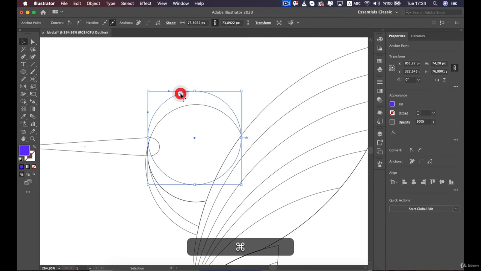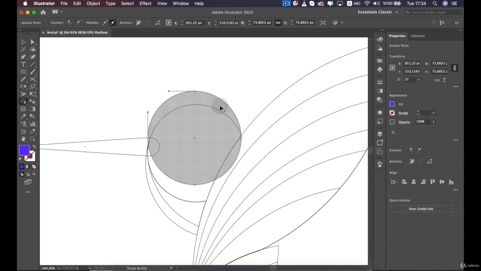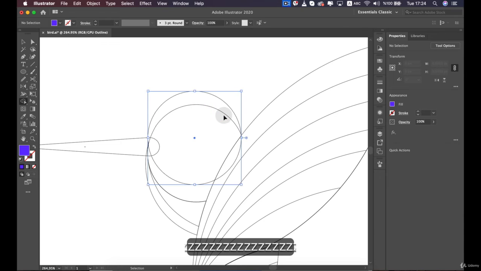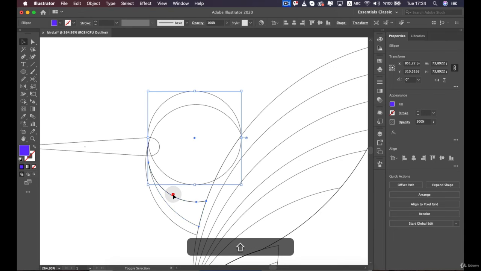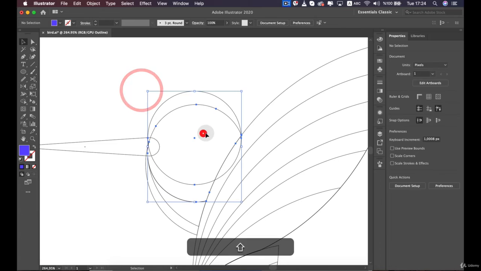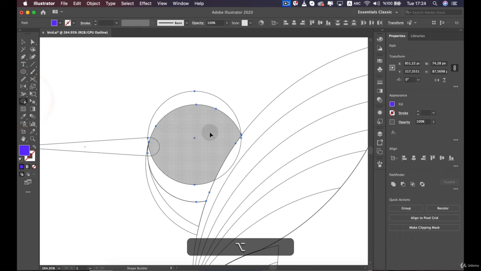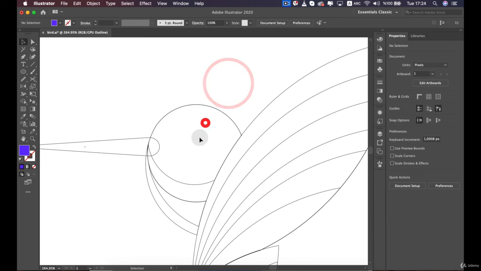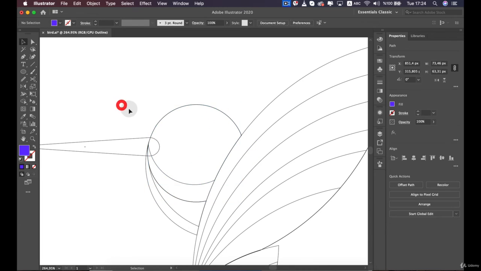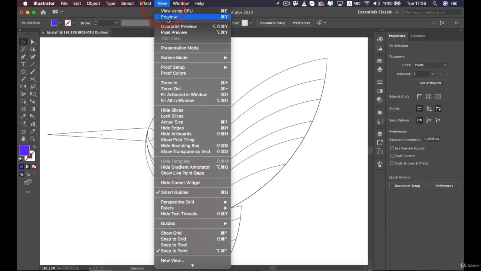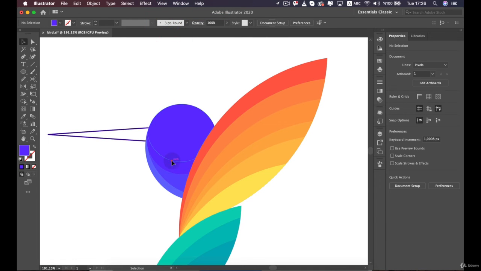Then we are going to select both of this new circle and the one in the background. Oh, sorry, I didn't select all of them. Make sure that you select the new circle and the one behind it, then go to the shape builder tool, press on the Alt to remove these areas and this one as well. Perfect. Now go to the view and we are going to change the view mode to the preview and then